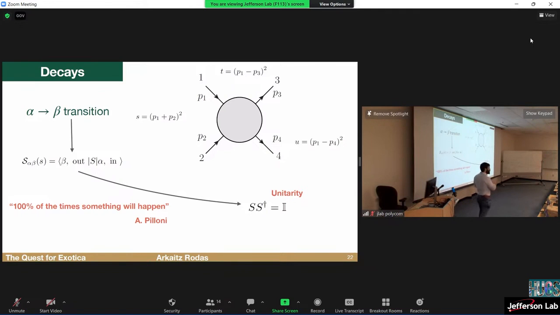So if we have a process of 2 to 2, we can define these 3 variants. Let's say that particles have no spin. They are, let's say, 2 pions going to 2 pions. In that case, there's just 3 particles and we can formulate everything in terms of these simple invariants. So this is going to be the S variable, which runs in this direction, the invariant mass of the system. This basically is measuring the angle between P1 and P3, and this will be measuring the one between P1 and P4. Okay.